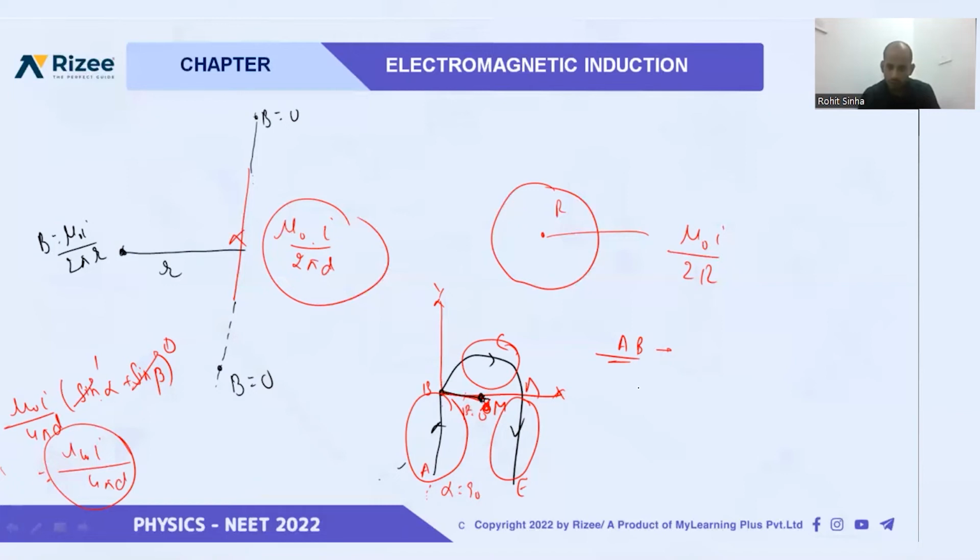To find at this point, we can do like this, mu naught I by 4 pi, and what will be the value of this? We know this is just radius, so we can write like this, 4 pi and r. And you should take direction of current magnetic field also. You will put your thumb in this direction, AB. You can see your 4 fingers are inside the plane. So we can write this as,